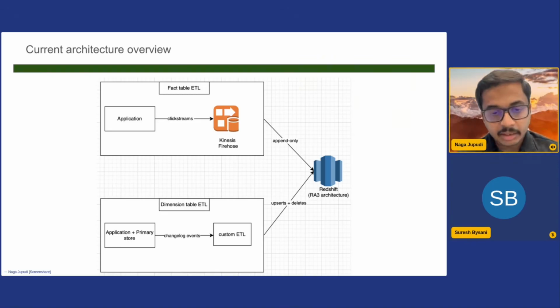But here the ETL layer is completely developed in-house, and using these upserts and deletes semantics that Redshift offers, we ingest all of this data to Redshift. So from the application and the primary store that we have, we stream in the changelog events, perform the ETL, write it to Redshift. So this is our fact table and the dimension table ETL setup.